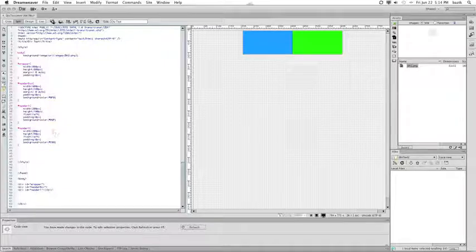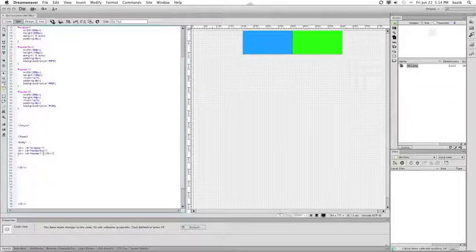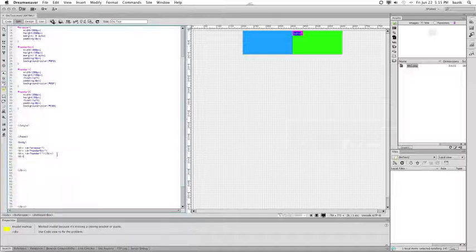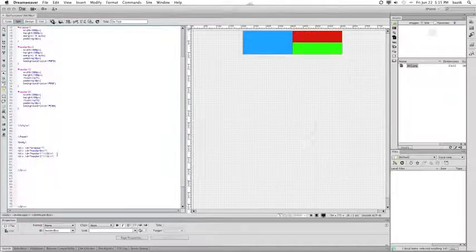Okay, let's go back to our body. Now notice here that this element, right, we don't want anything inside this header number 1, this blue one. Okay, so what we're going to do is that we're going to keep that right there. That div is going to be closed. We're going to go underneath it. We're going to hit div ID, right, and we're going to call our second header into play, which is that one, and we'll close it, hit F5,